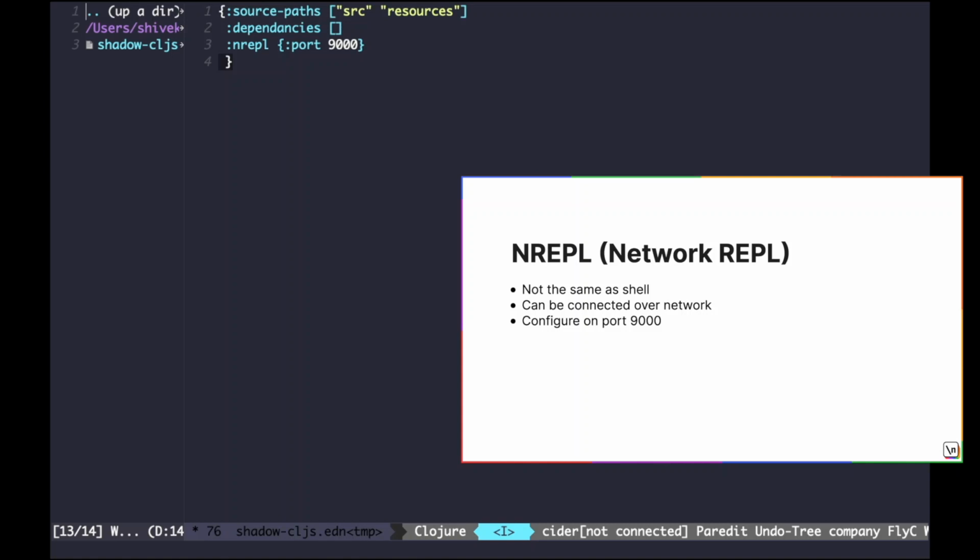It is so important that we have dedicated a full chapter to it. For now, we just need to know that the example configuration will start the NREPL on port 9000 and any capable client can connect to it. Do you remember installing the NREPL packages for your editor? Calva for VS Code, Cursive for IntelliJ and Cider for Emacs? These are the clients that will connect to the NREPL.